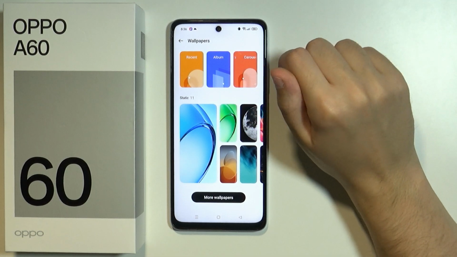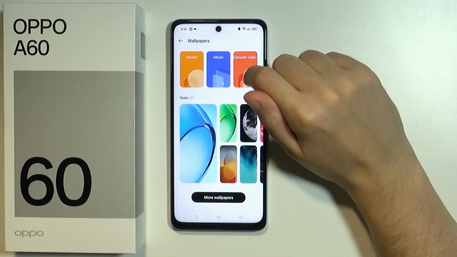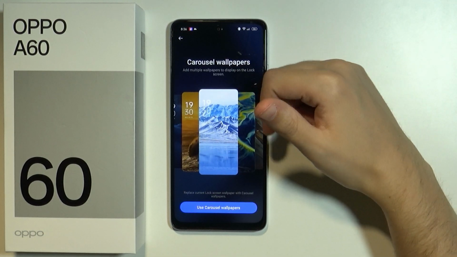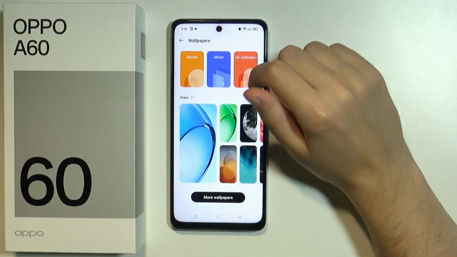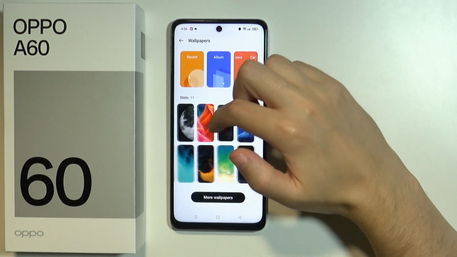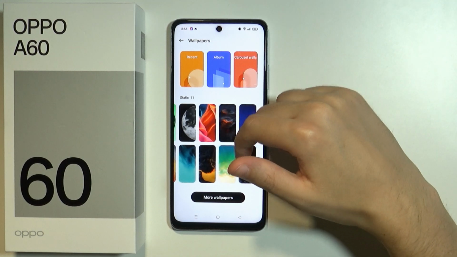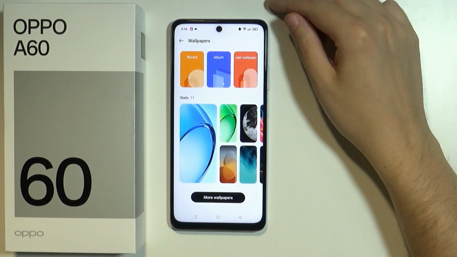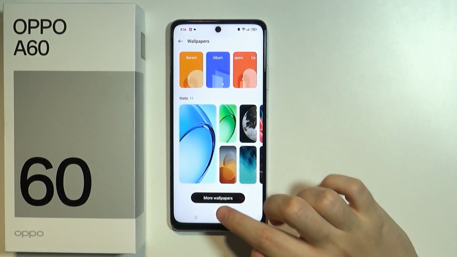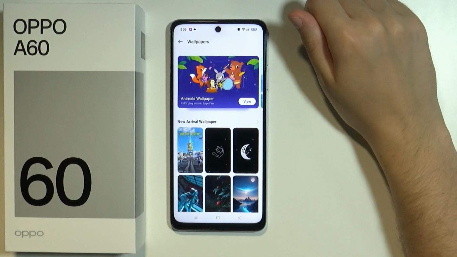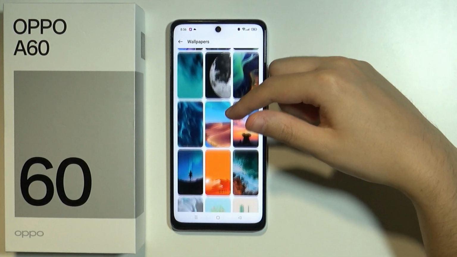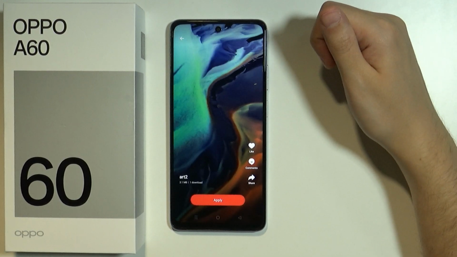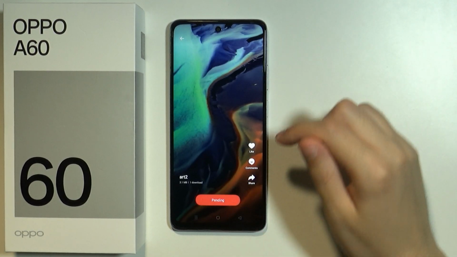We can choose an album, or we can choose carousel wallpapers, which pretty much rotates through different wallpapers. We can also go for a static one over here, where we have some already pre-selected wallpapers that we can use for free. We can also tap on more wallpapers in order to open the store with a bunch of different wallpapers. So let's say I'm gonna choose this one, and then all I need to do is press apply,